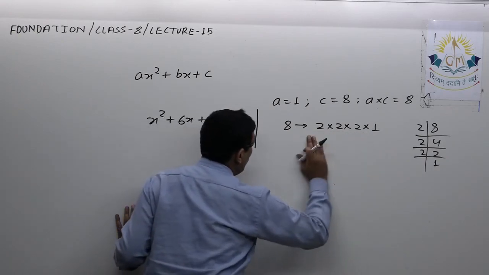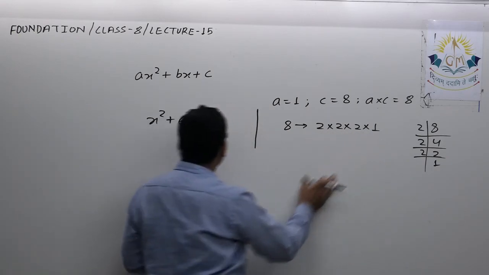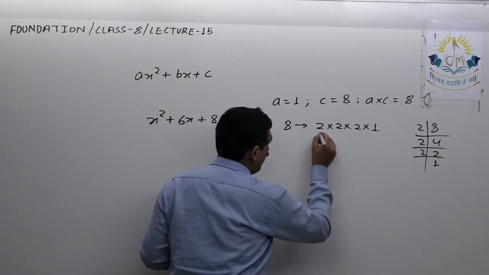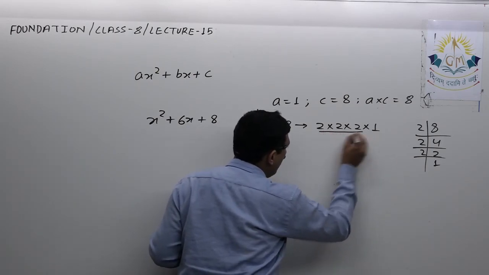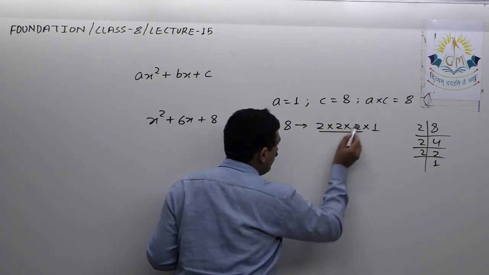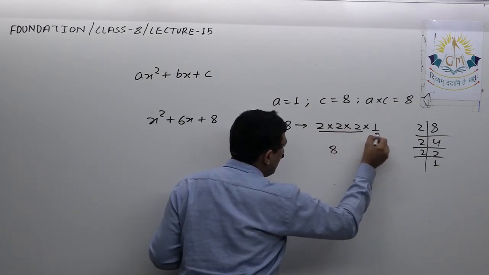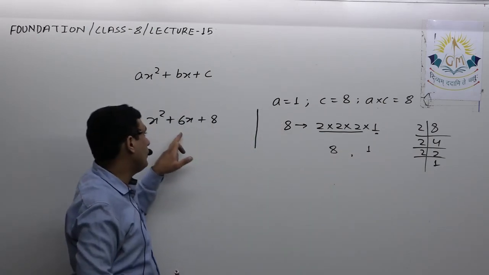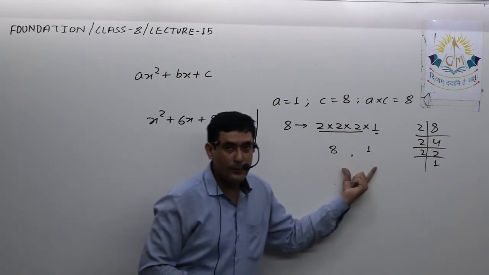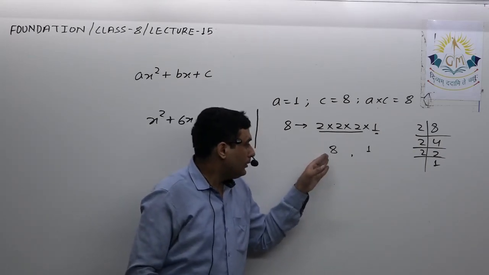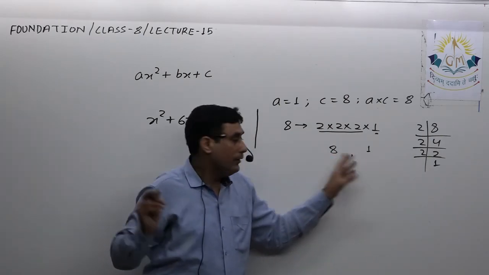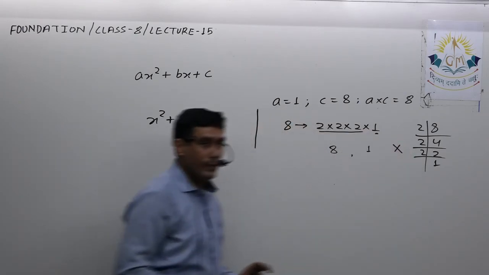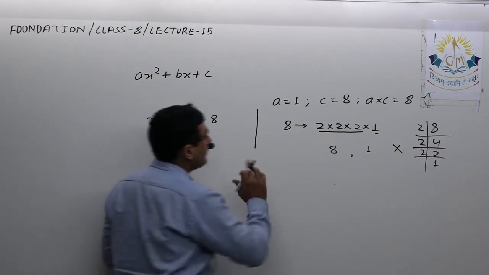Okay, now we have to make two groups so that we get 6. Definitely x will be included later on. So suppose I take these 3 in one group. So what I will get, 2 into 2 into 2, 8, and this 1 remaining I am taking in another group. So 8 and 1. Now using these two, we have to check, is it possible to get 6, either by adding or by subtracting. So neither 8 plus 1 gives you 6, nor 8 minus 1 gives you 6, isn't it? That means this combination or this selection of grouping is incorrect.